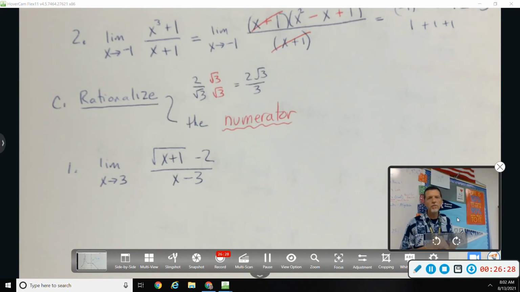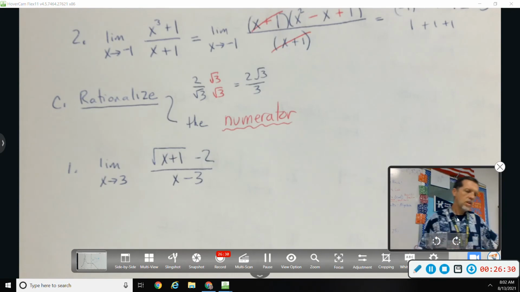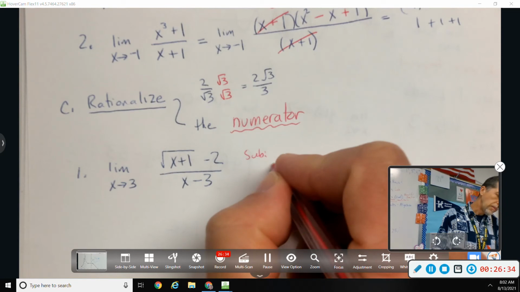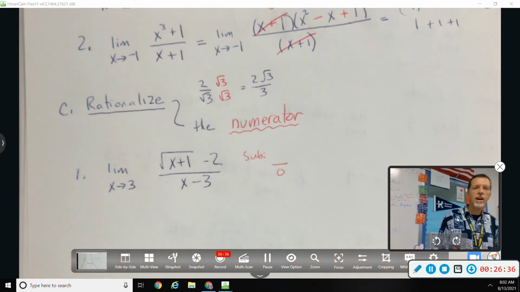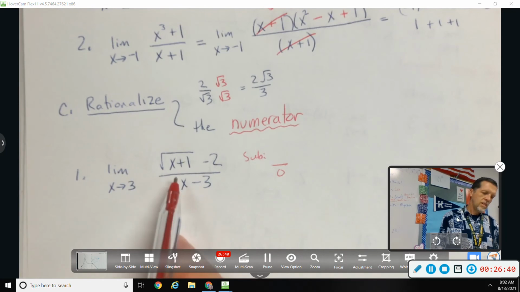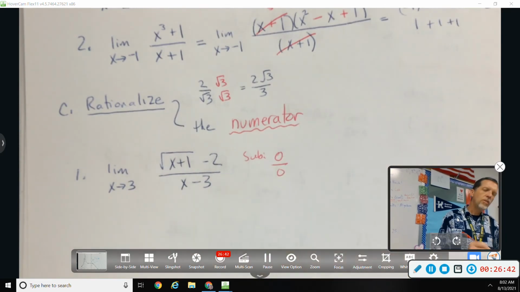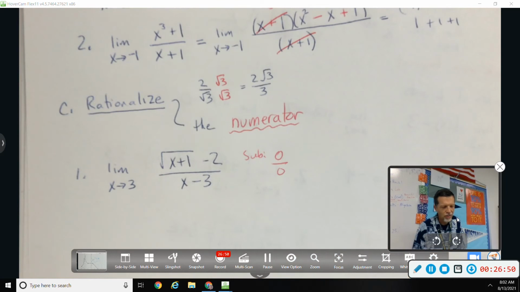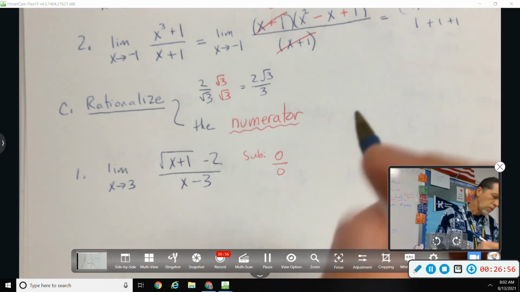What would happen if we try substitution? Yep, we'd get 0 in the bottom. What would we get in the top? We'd get 0. If you get 0 over 0, that means you've got a pretty good candidate for an algebra fix. You can't cancel 0 over 0, but it means there may be something going on where we can fix this. So let's rationalize